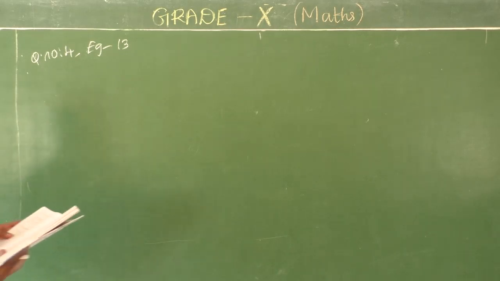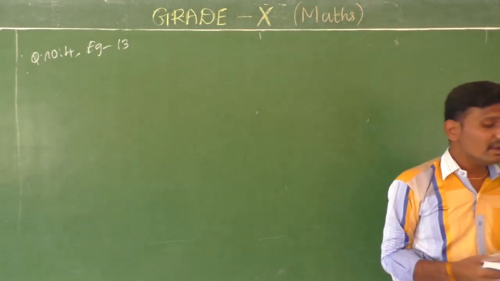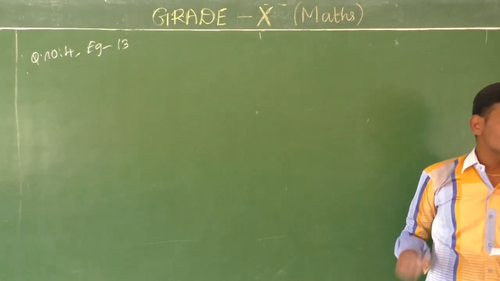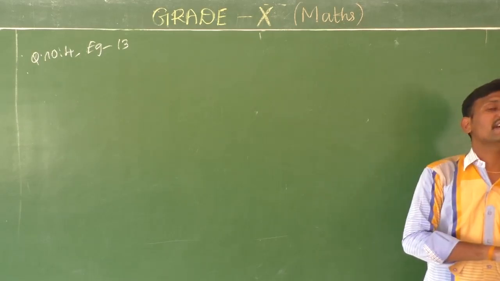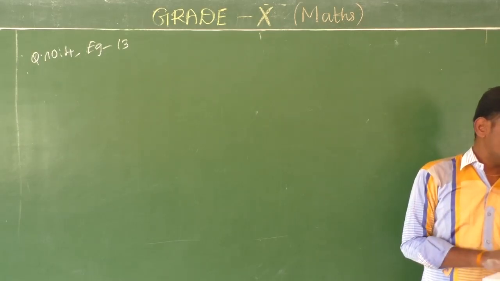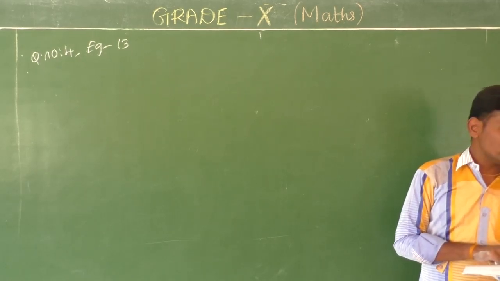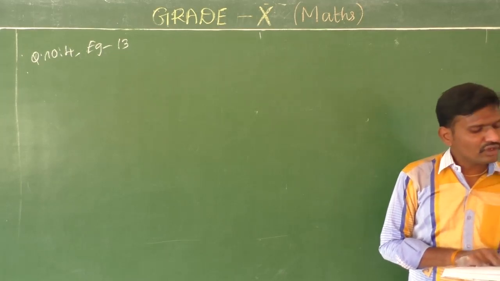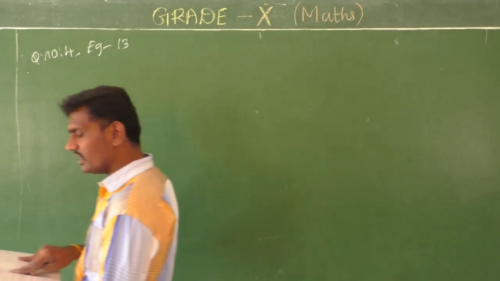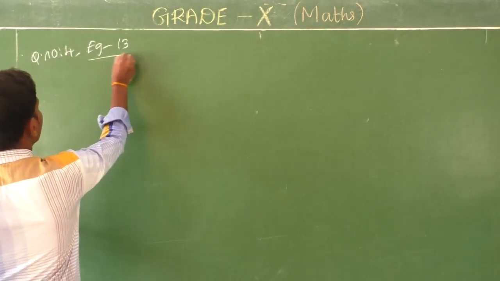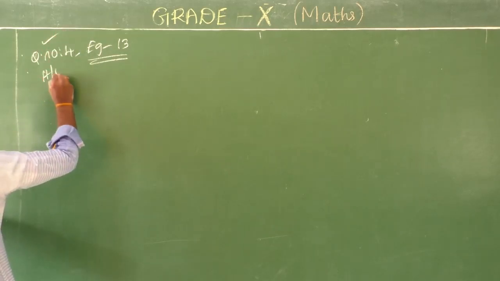How many terms of the AP 9, 17, 25, must be taken to give the sum of 636? So this is your exercise sum. And for the example, how many terms of the sequence AP 24, 21, 18 must be taken so that the sum is 78? Okay, so the example sum I am teaching you now. The exercise sum is your homework.